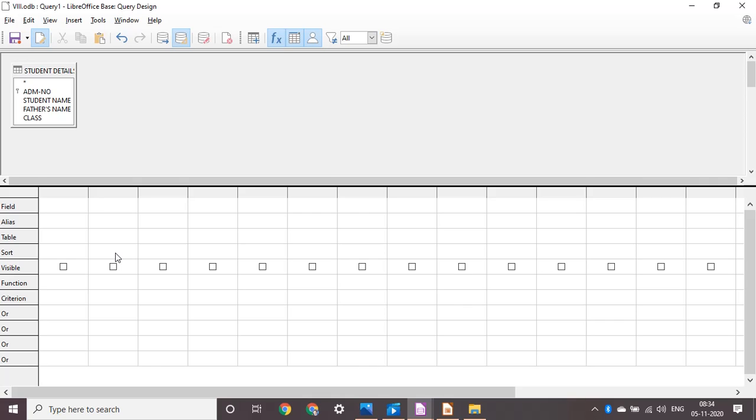The components of the grid are: first is field, which displays the selected field of the table which we want to display, right? Alias is used to display an alternate name, right? Third, it displays the name of the table from which the field is taken, right? Then sort, it sorts the data in ascending or descending order.